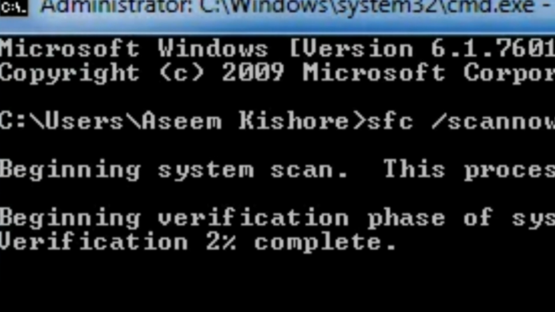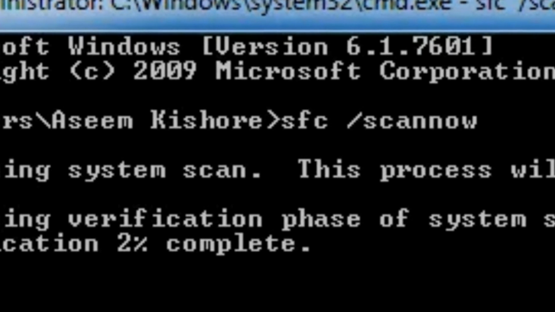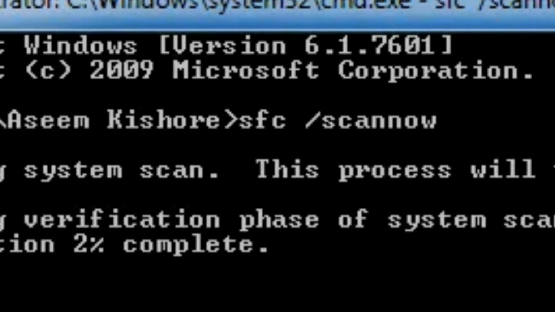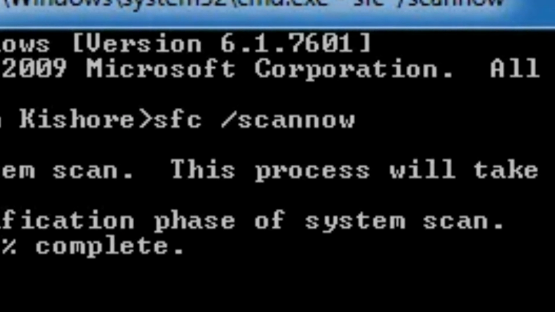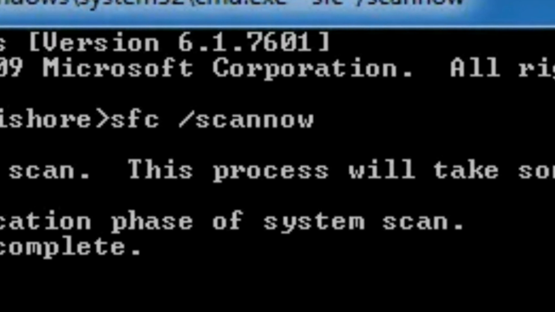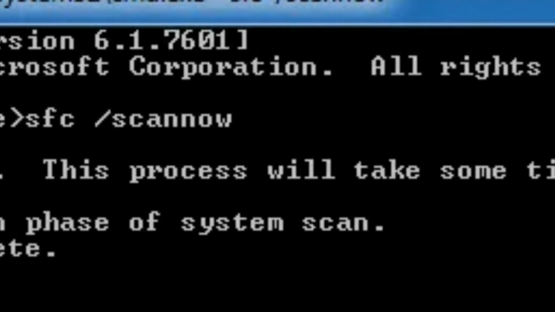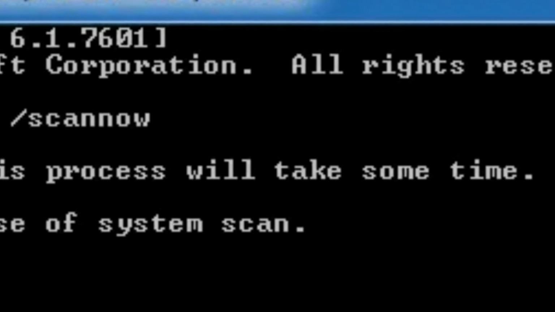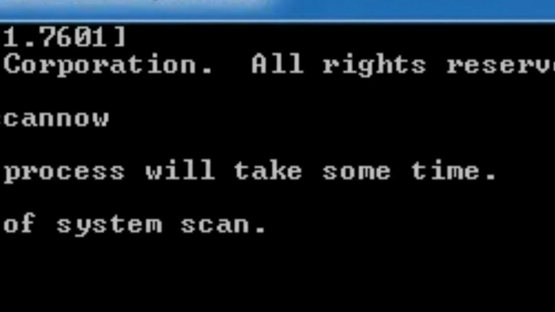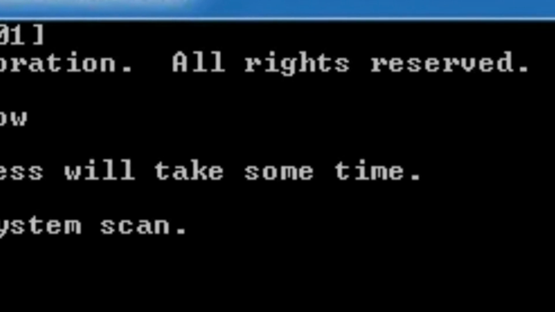Last one is SFC, System File Checker. If you are ever concerned that a virus or some other software might have corrupted your core system files, there's a Windows command that can scan those files and ensure their integrity. You need to launch CMD as an administrator: right-click and choose Run as administrator. Typing sfc /scannow will check the integrity of your protected system files. If a problem is found, the file will be repaired with backup system files.